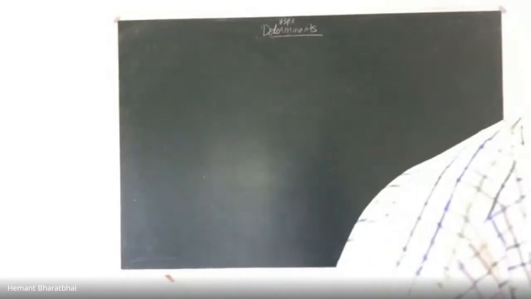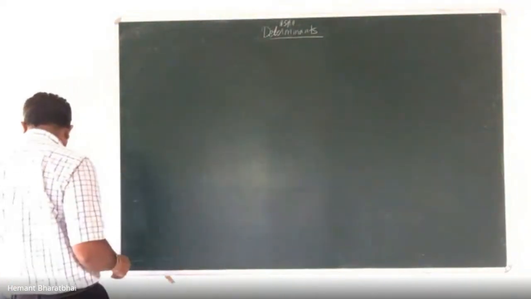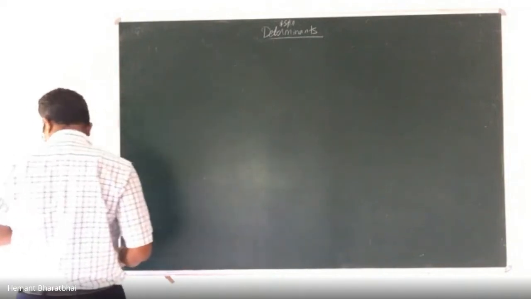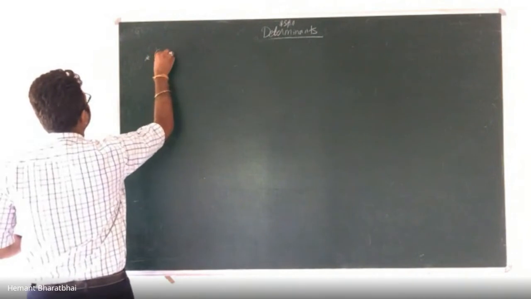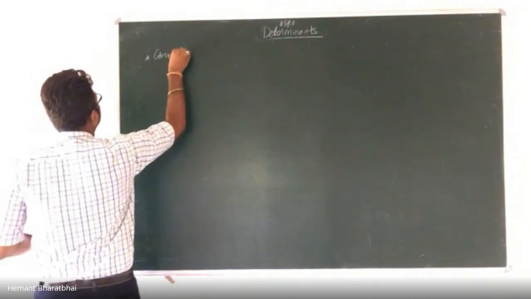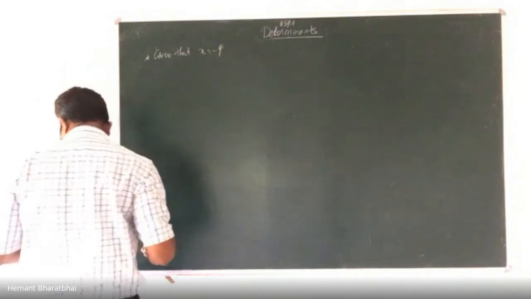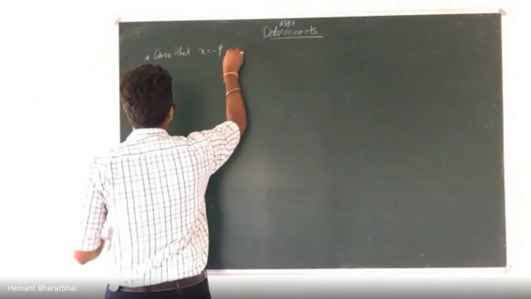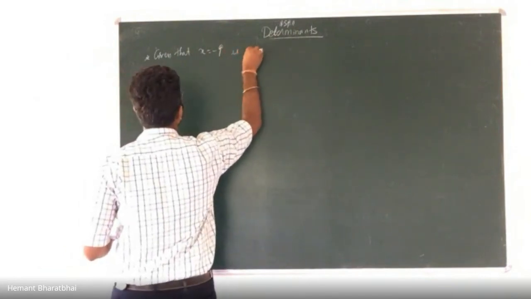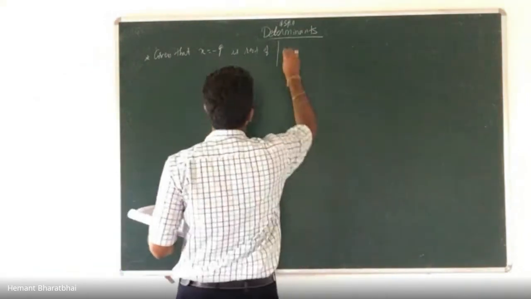Let's try the next numerical. Given that x equals minus 9 is a root of this determinant,